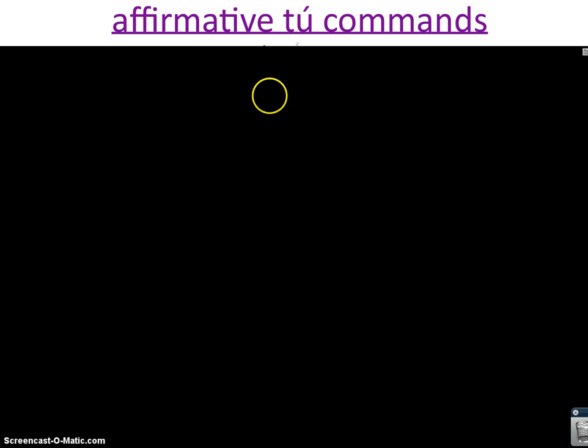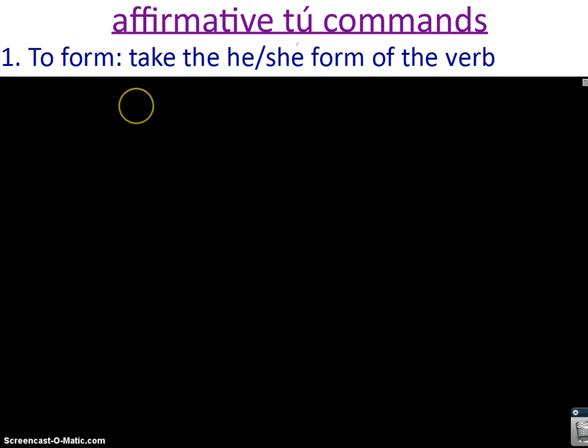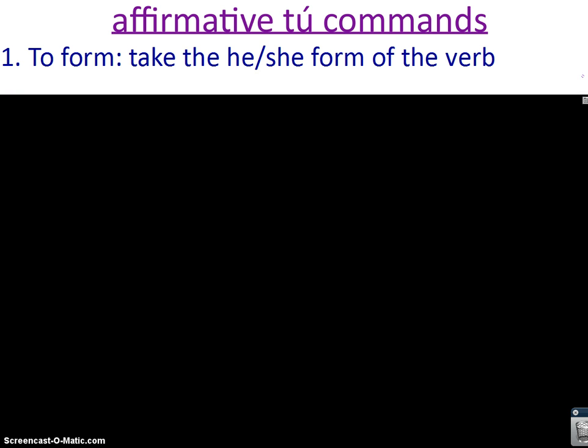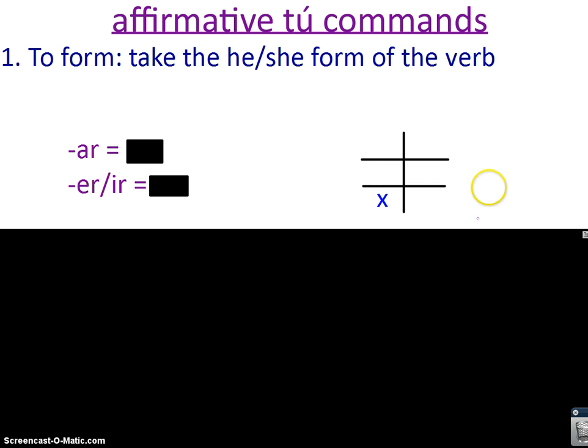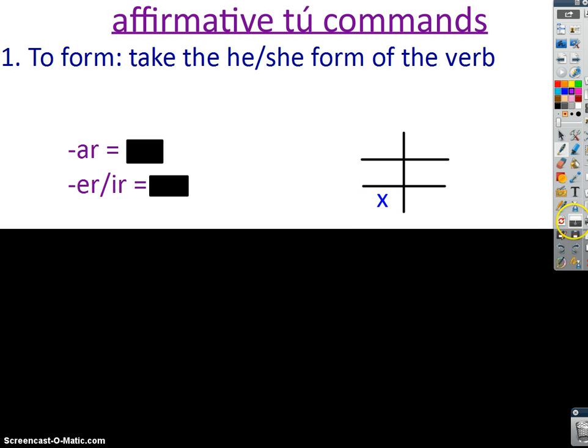They're informal. What do you do? There's one step and one step only. To form an affirmative tú command, you take the he, she form of the verb. That's it. That's all you have to do. So that means this form here, yo to he, she. So you take the he, she form of the verb, and that means that if you have an AR verb,